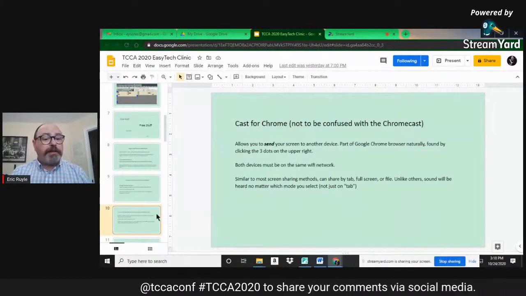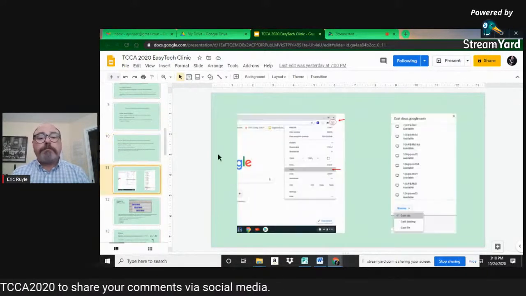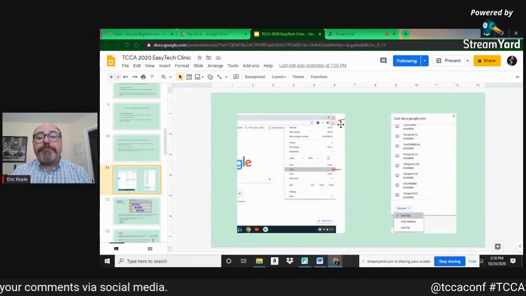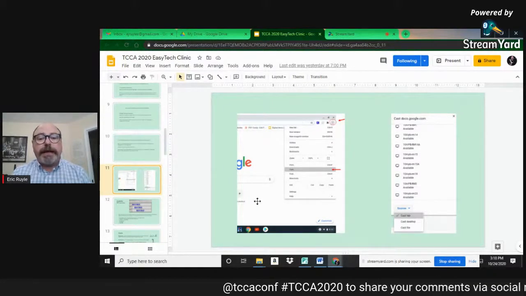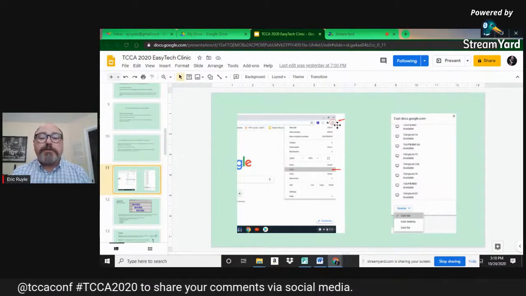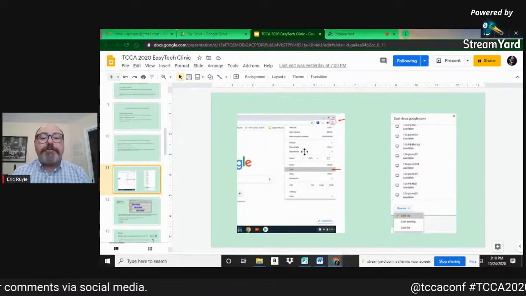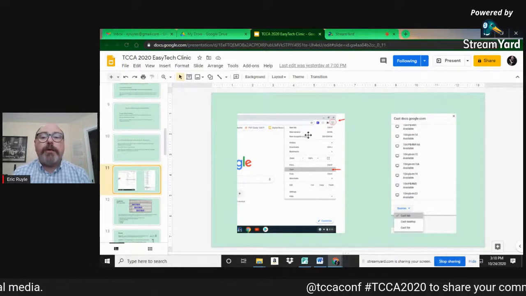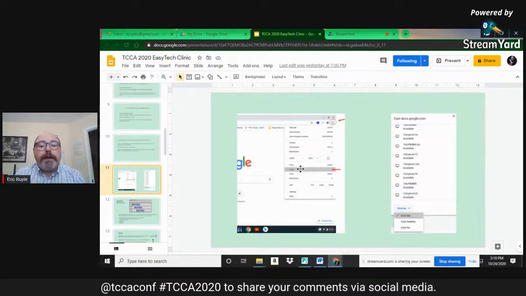Okay. And what you go through is on your Chrome. Both of them will have to have Chrome. You go to your Chrome, and up there's three little dots. When you go into your Google screen, I just kind of clipped it half the screen. You can see my little thing. There's three little dots. You press those three little dots, and this drops down. Some of you guys are familiar with it: new tab, new window, new incognito, and all that. But you come down, and there's cast.